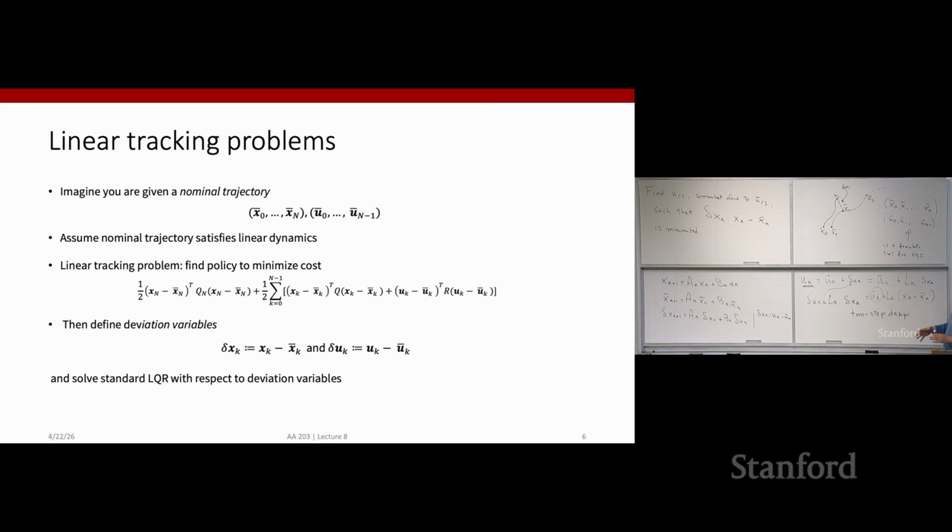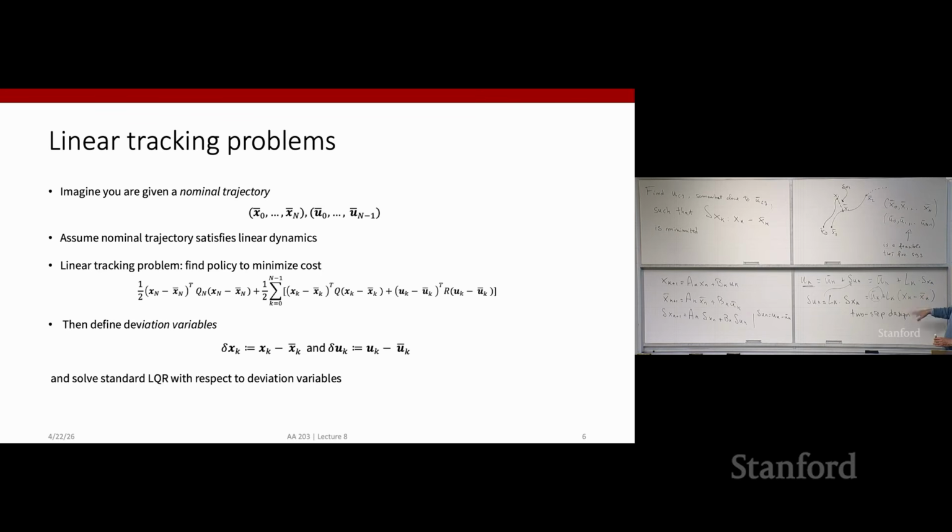It tries to balance the two competing considerations. On the one hand, you want the computational efficiency of reasoning in terms of open loop trajectories. But at the same time, you want to have the robustness that comes from closed loop control. And here is how everything is coming together. You use the techniques from last week to compute this object, and then the techniques from this week to compute